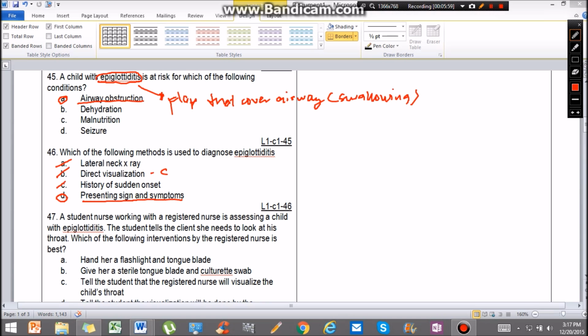Eliminated because this is really what is contraindicated, because when you visualize, which means you insert the scope on a client who has epiglottitis, if you elicit the gag reflex, okay, remember that a client who has epiglottitis should never have the gag reflex elicited because it can cause airway obstruction. Therefore, eliminate B. But the best answer is D. Next,